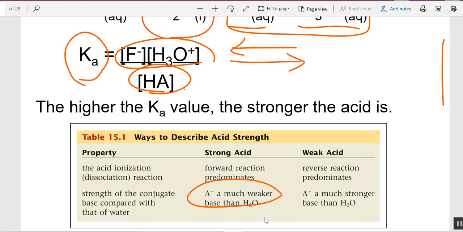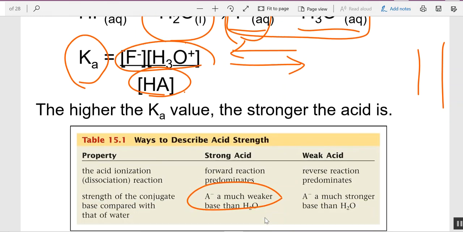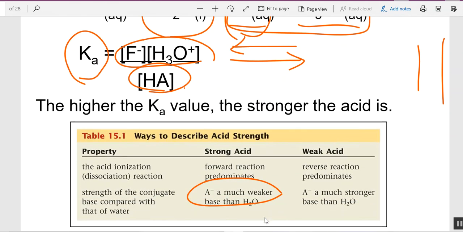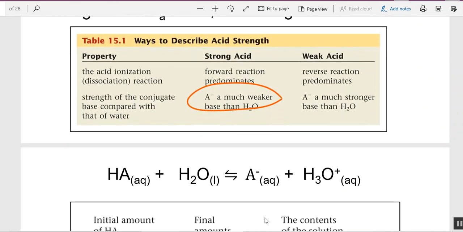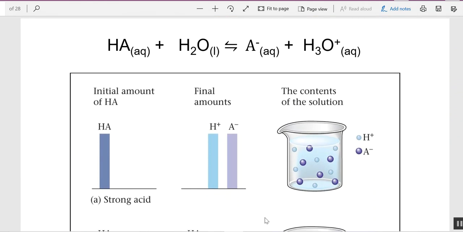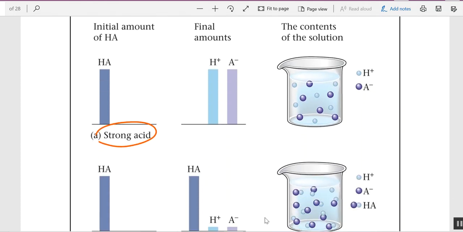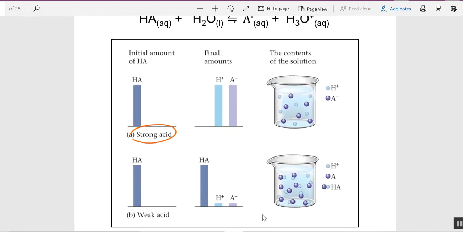So you can see that if it is a strong acid, the anion here is going to be a weaker base. And then if it's a weak acid, this is going to be a stronger base. Okay. This is just a diagram that shows you the comparison of the strong acid and the weak acid. Okay, and then we can make it a little bit smaller actually. Let's make it a little bit smaller so you can see that